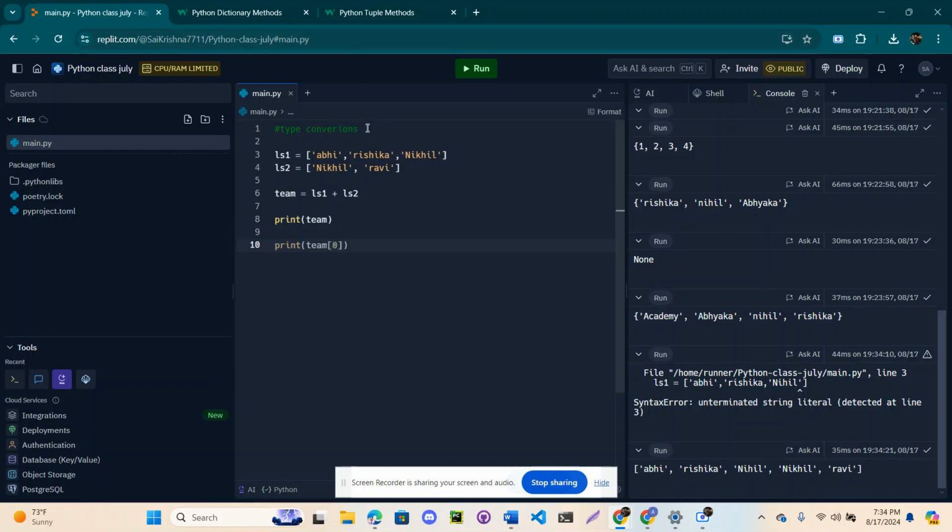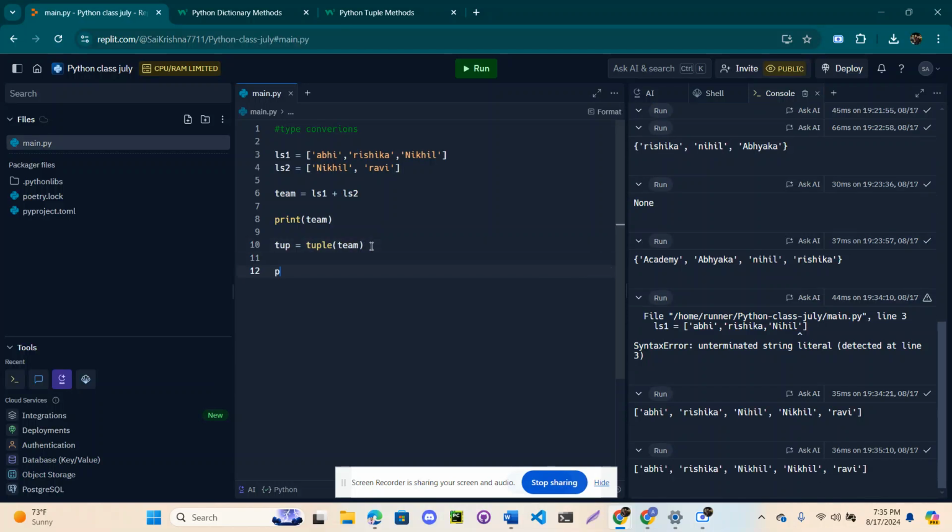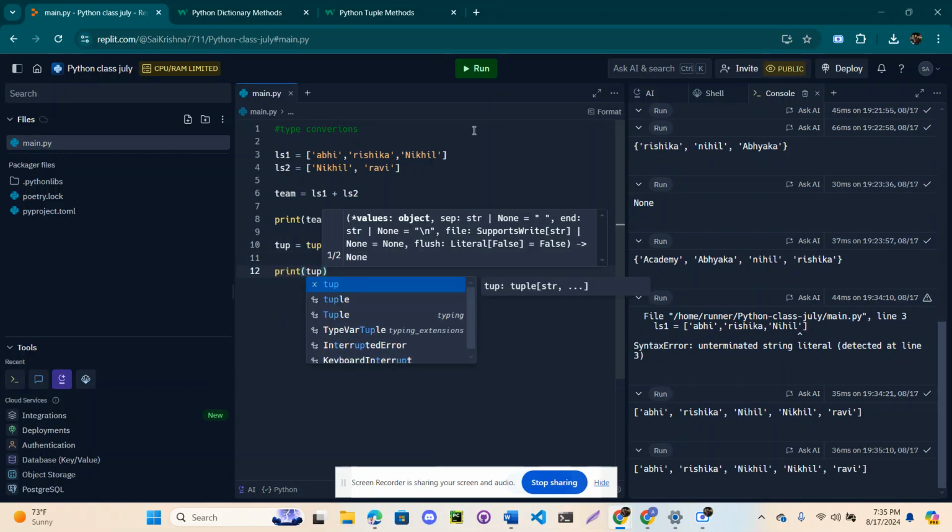That's how the type conversions come into the picture. I would like to remove all the duplicates which are there in that list of the team. And if I run this, okay, I did not write print. Let me type team. And if I run this,